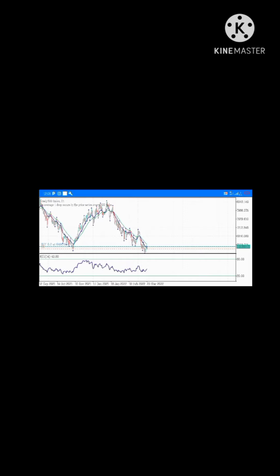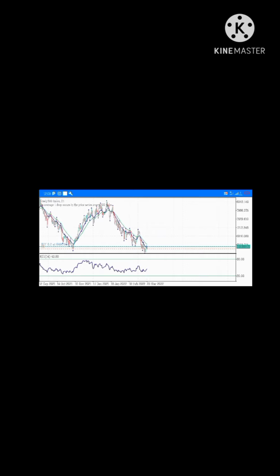When you fail to know these two things, then it is not safe to trade. Anytime you open your chart and after doing your analysis you can't know these two things, then don't try. Even if you see any entry, don't try to enter a trade. It is not safe at all. So,